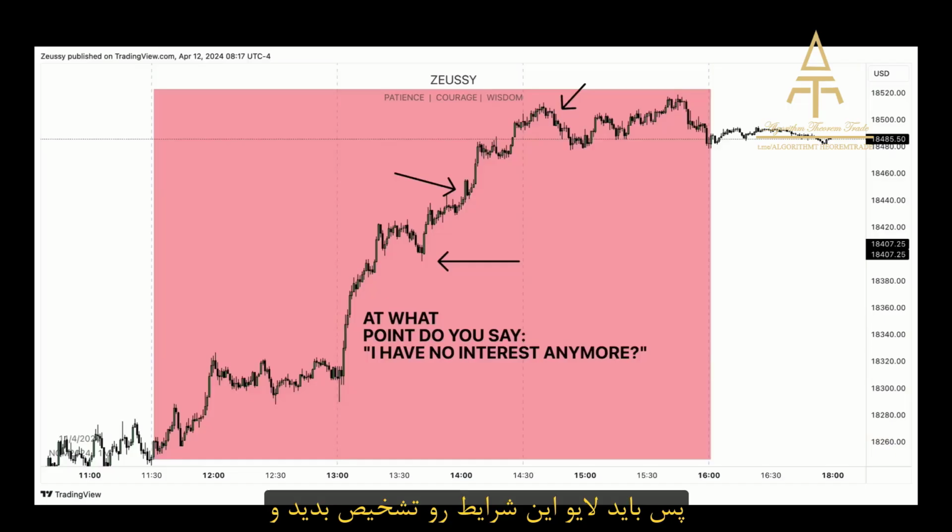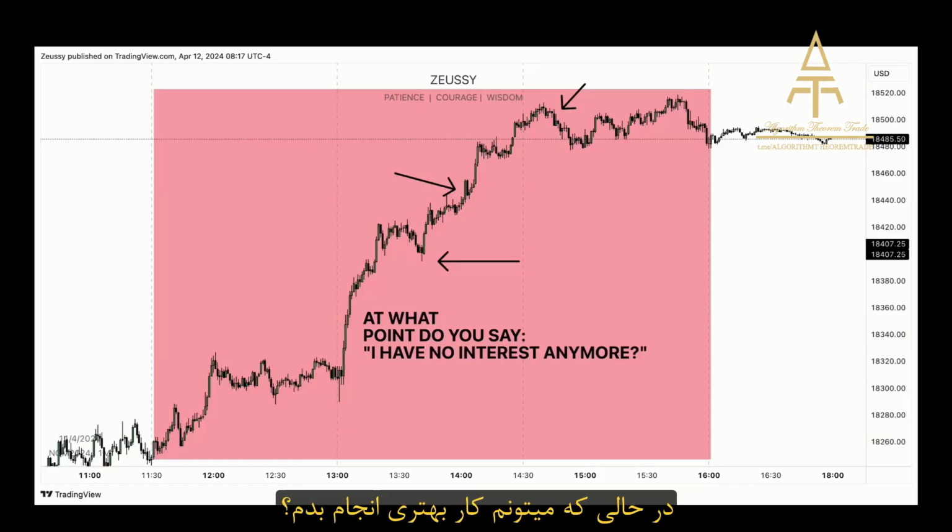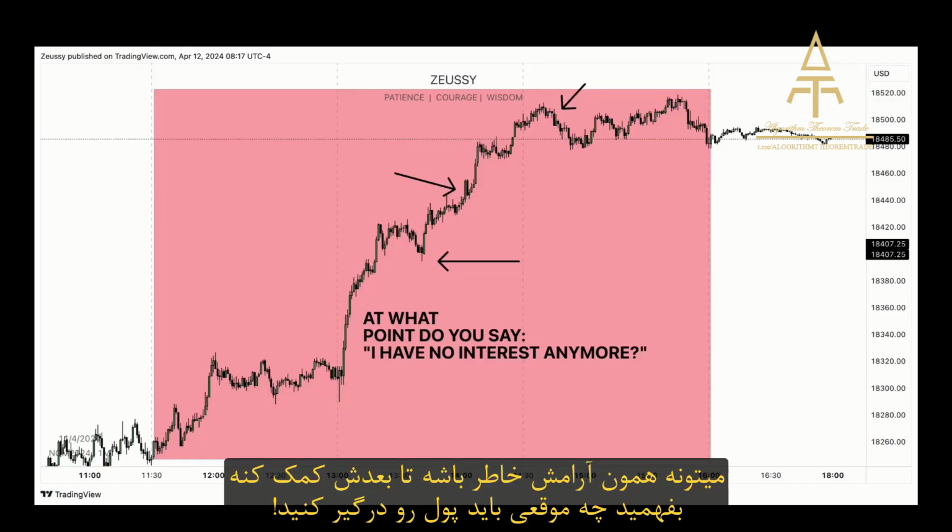So you need to be able to recognize these environments live and say, well, when these are the environments that we're currently in, why would I even consider looking at the charts? Why would I even spend time looking at the charts whilst I could be doing something more productive? Whilst I could be doing something with a higher ROI, a return on investment. A return on investment doesn't necessarily have to be money always. It can also be a sense of gratitude or a sense of relaxation that will allow you to make more money down the line when the opportunities are right.